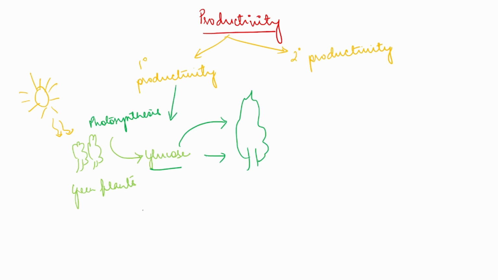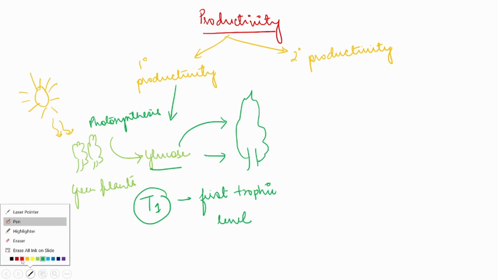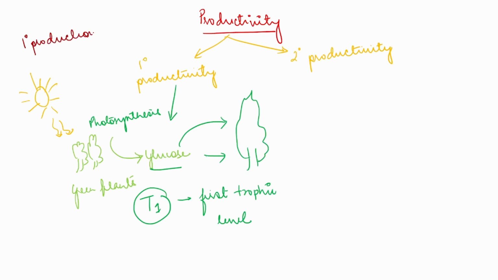Primary productivity always deals with the first trophic level. Basically, if we define primary productivity, it is the rate of increase in primary production per unit area. Now what is primary production? Primary production is the increase in biomass